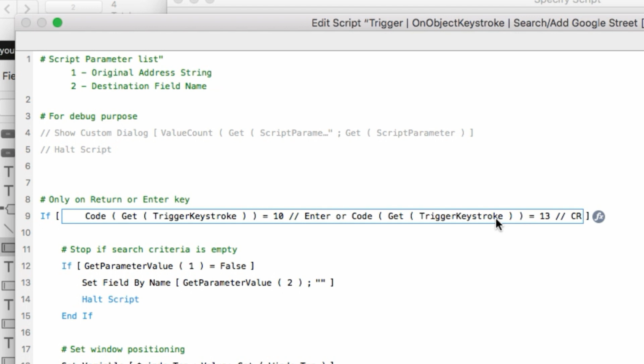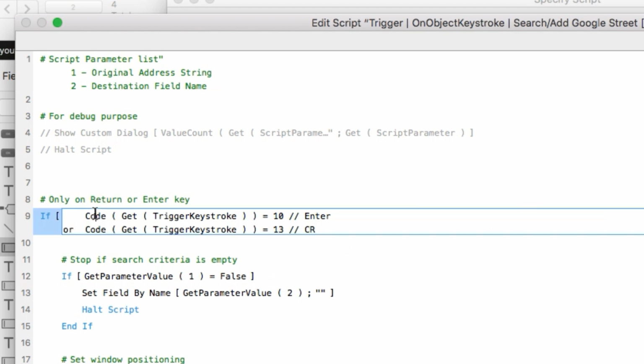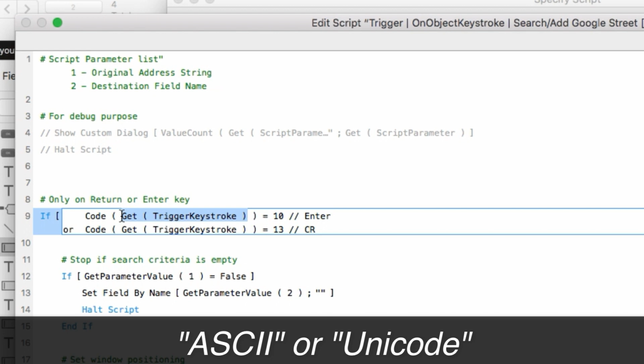So here I'm using the code. I'm encouraging you to go to the FileMaker help and see what code means. Code means the Get(TriggerKeystroke): get the key you struck. But there's no representation of carriage return and enter. It's not a character, it's a key. So you need to use code to get the ASCII code of the key, and the ASCII code of enter